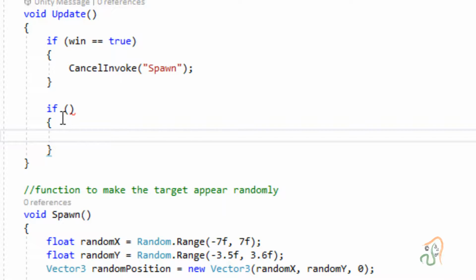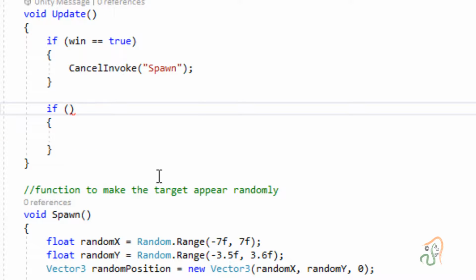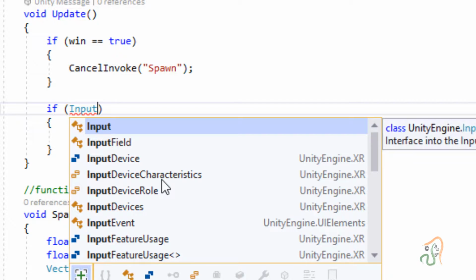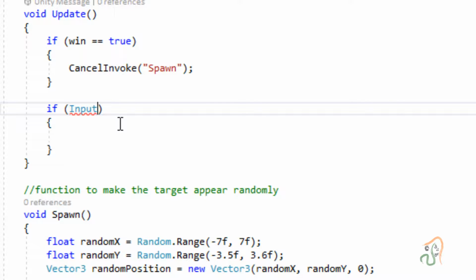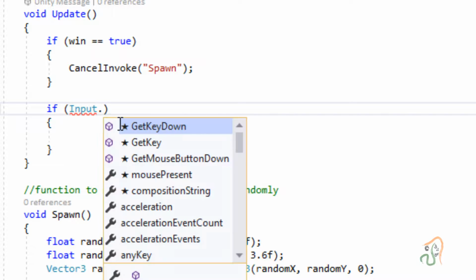So in the if, in the open close bracket, we have to add the condition, and in between the flower bracket we have to add the command which will be executed when this condition is true. And in if, the condition that we are going to test is type input. So input, select this input and then period.